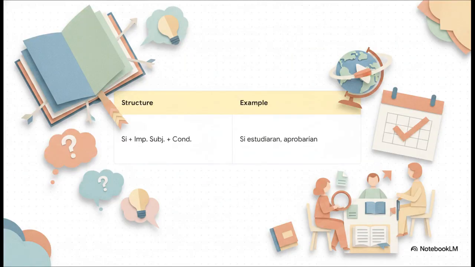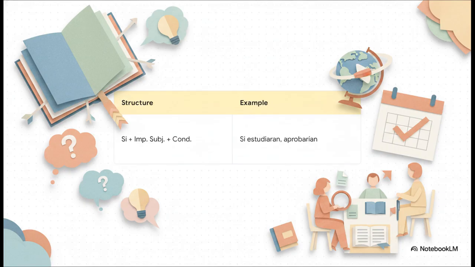Now, things get really interesting when we step into category 2. This is the realm of the unlikely, the hypothetical, or the straight-up contrary to fact. For these, you're going to pair si plus the imperfect subjunctive with the conditional tense for your result. For example, si estudiaran, aprobarían el examen, meaning if they studied, they would pass, which heavily implies they're definitely not